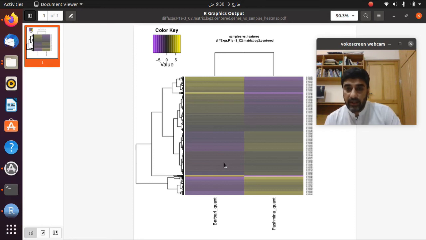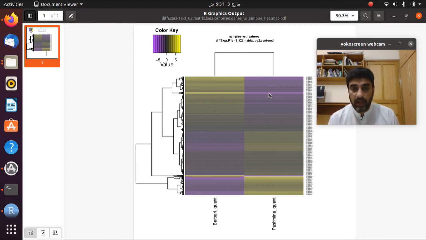We expect that if these genes are up and down regulated in our two samples, it will give us the clue that these genes somehow have functions in the very long hair fiber or very short hair fiber. So the ectopic expression and the up and down regulation of these genes gives us the clue.